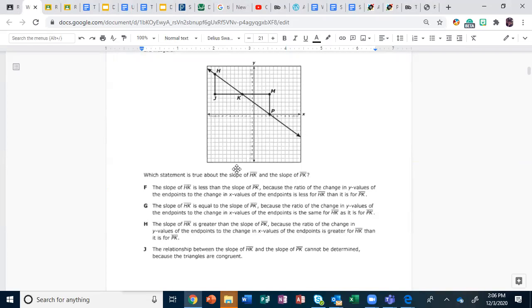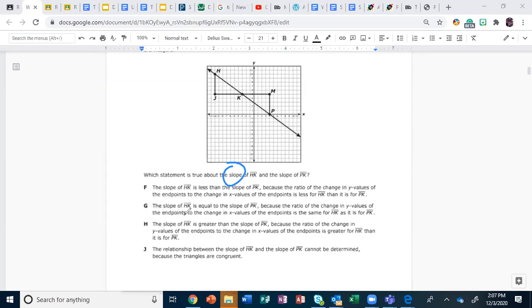On this one, it's asking us to find which statement is true about the slope of h and k, compared to the slope of p and k. How do we find the slope? The keyword here is asking me for the slope. How do I find it? Rise over run. What is another way of finding it? Anybody? Delta